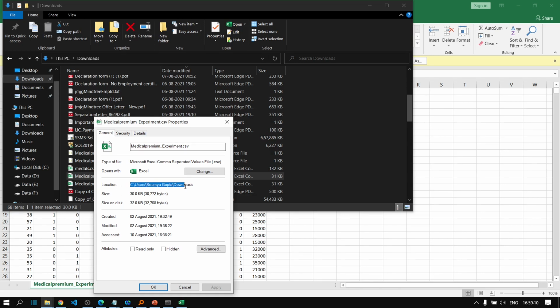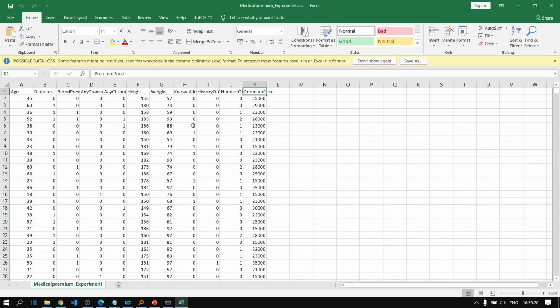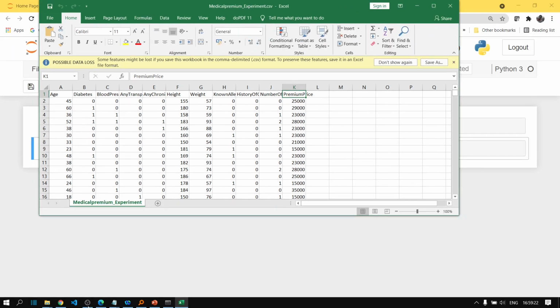So this is the path. Let's copy the path, go back to Jupyter Notebook, paste it here, and after this we have to append the file name along with its extension.